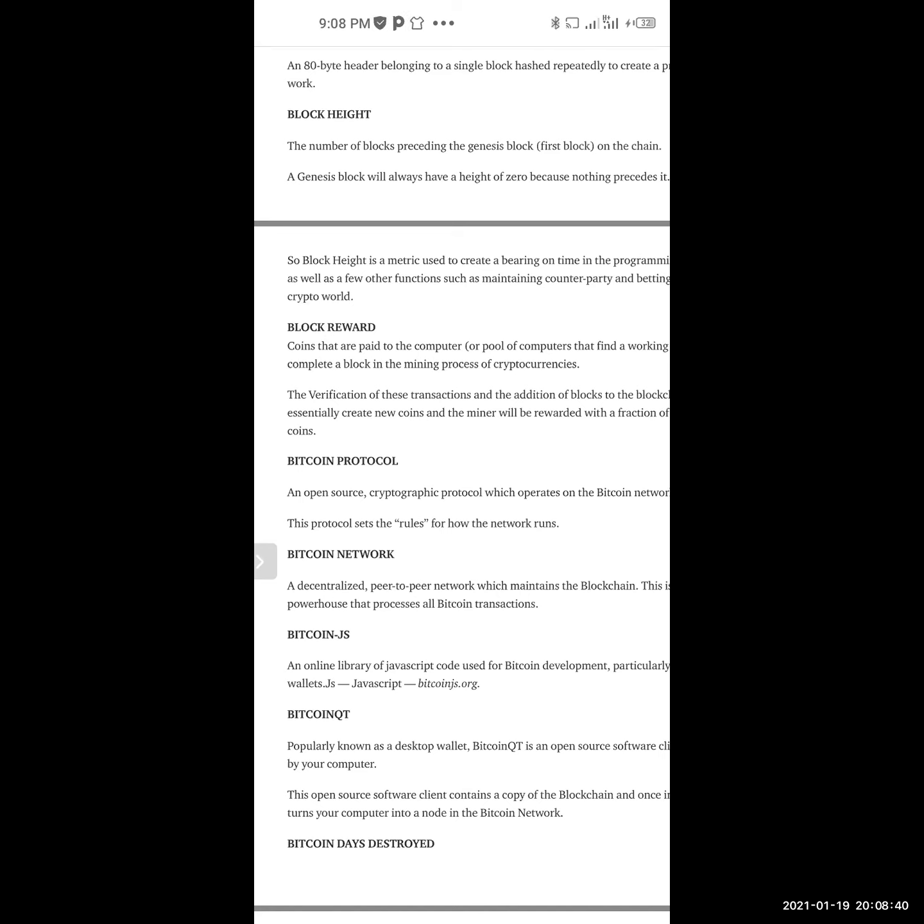They're not physical. You can't touch them. So how do they mine? They mine by solving a very complicated mathematical algorithm. That's how they mine. So when they solve it, they're rewarded